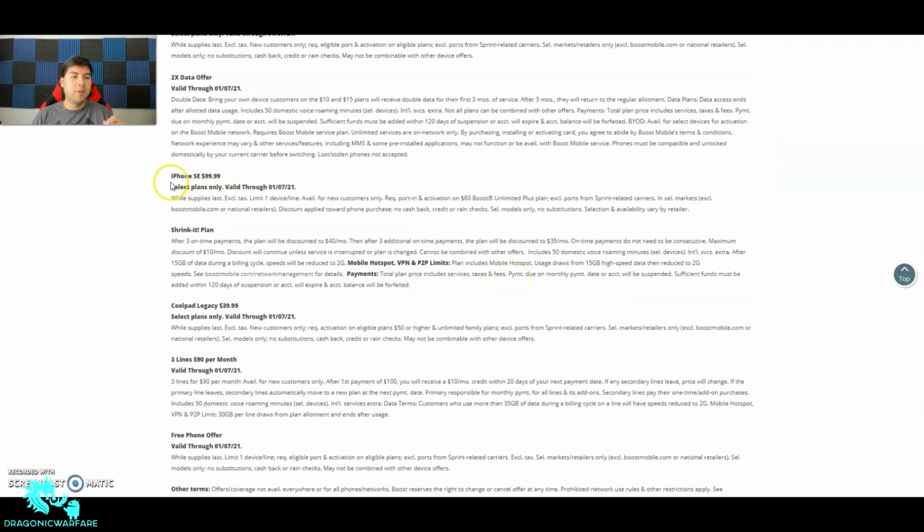So the iPhone SE right here says $100. I like to round it up. It's pointless to say $99.99. To the human mind, 99 sounds better than 100, but to me, it's a penny. Who cares? It says while supplies last. This is good until about a month and a week from now. It expires January 7th, so you still have time to do it. But remember, the big thing is while supplies last. Don't hold on until the last couple days before Christmas, because then you're not going to find one for sure. It says while supplies last, excluding taxes, limited one device per line, available for new customers only,